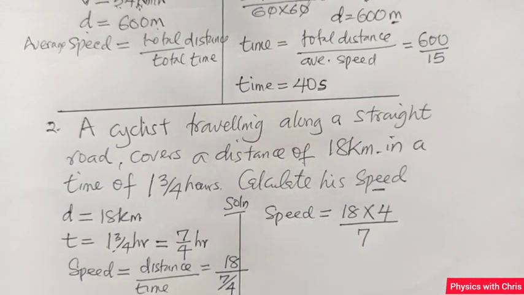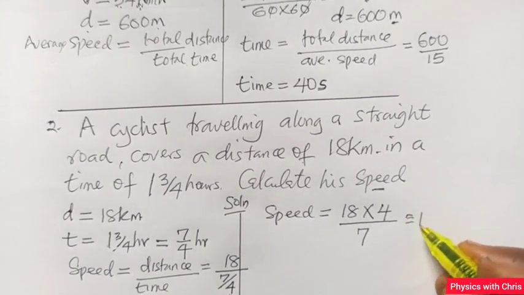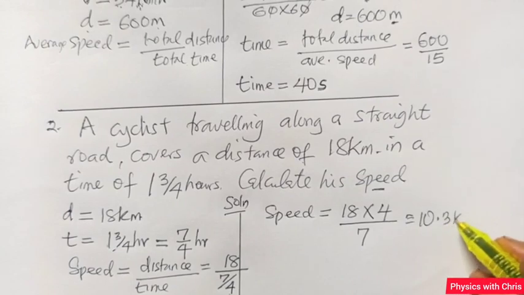So I have 18 times 4 divided by 7. By the time I evaluate that, I'm going to have my average speed as approximately 10.3 kilometer per